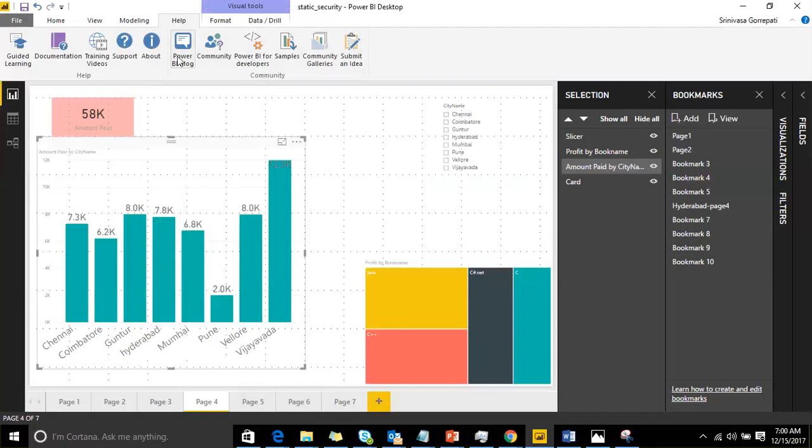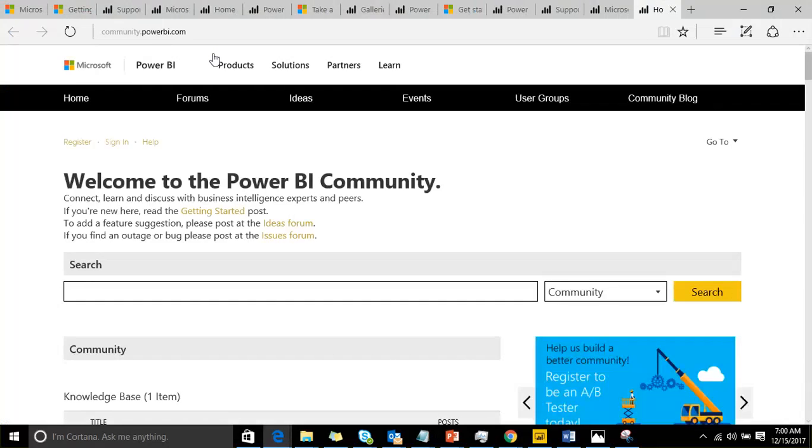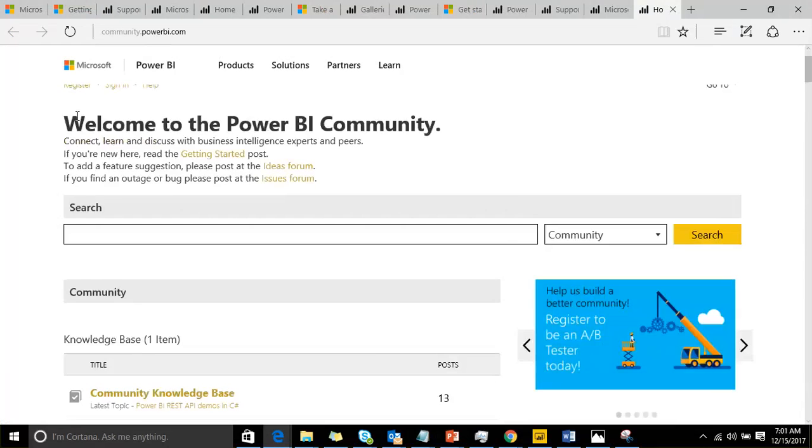That is the Power BI blog and the community, as I said. So you have some requirement, but you are unable to make it, and you are unable to find help from Google or something. You can ask a question here as part of the community, so that Microsoft team people and other Power BI developers will be there, and they will help you understand and fix that.